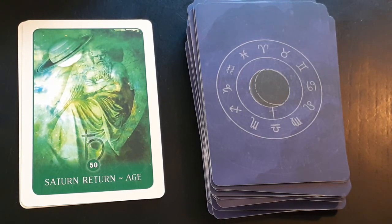Ambition, late December and January. Doing things in a measured way or at the right time. Building a foundation, being steady, responsibility, waiting it out, bleakness, aging, and dealing with the aged. Nursing homes, sickness, endings, fortitude, endurance, releasing what does not work, feeling pressed for time, feeling stuck, being boxed in,